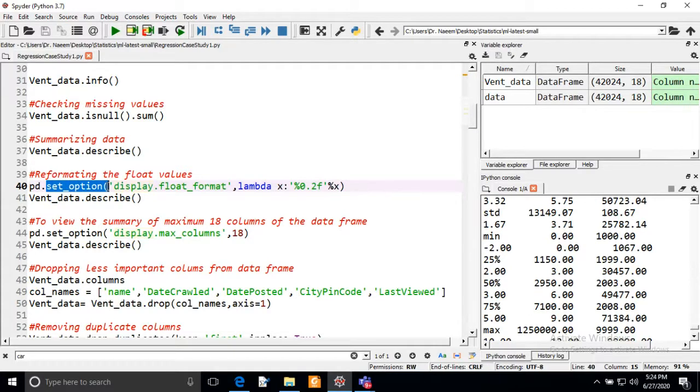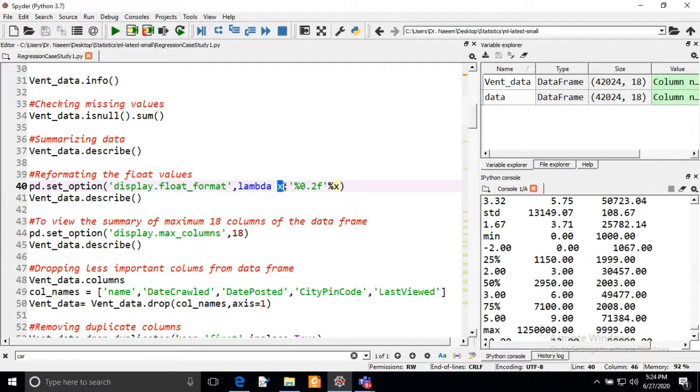pd.set_ function, and in this function we pass the format. Means if you are passing the float format, it will take the format of the float, and here we are using the inline function lambda, and in this function we are passing the x value.